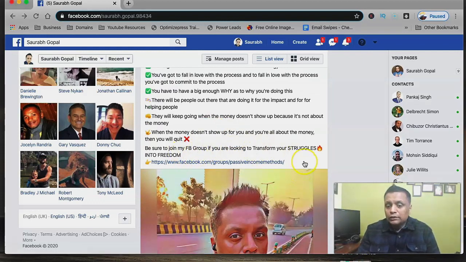So the idea of putting the link inside the Facebook post, you need to understand Facebook doesn't want people to get off Facebook. So you should not be putting any external third-party links in your post, like a link to YouTube or to your blog post or some other third-party site.